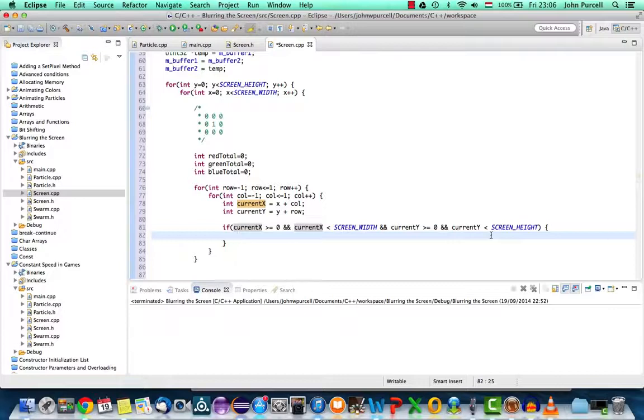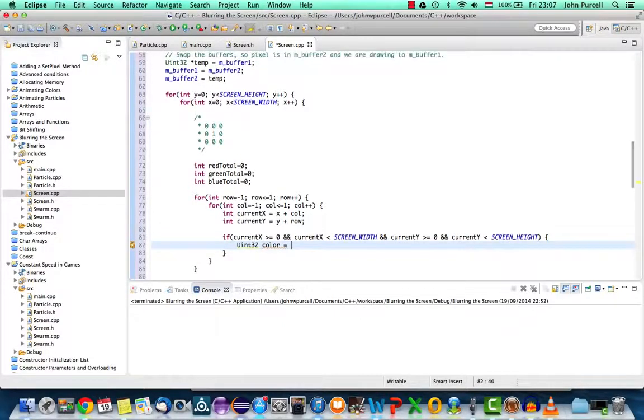Let's get the pixel colour there. So I'm going to use the STL type uint32, which means an unsigned integer that is guaranteed to be 32 bits. Normally an int is 32 bits, but it's not guaranteed. It could be different on your machine. It's possible. So uint32 colour equals, and now we need to access the buffer that contains the pixel information, which is now buffer 2, because we swapped it with buffer 1. So we need to say m_buffer2,